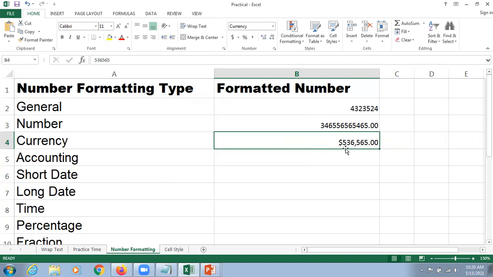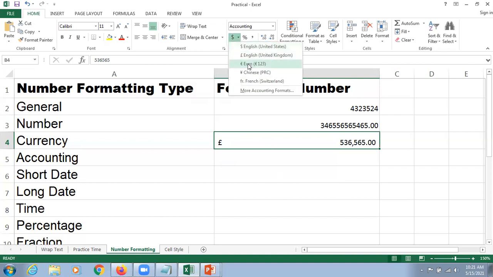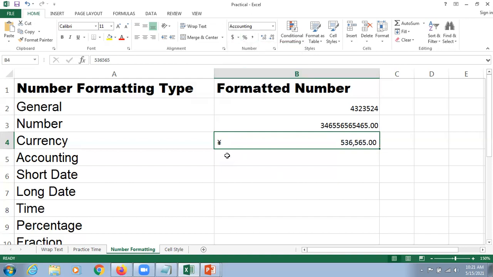I think this is a dollar symbol. So instead of using it from here, you can also use it from here as well. We can select it like this. This is for the United Kingdom, this is a pound symbol. Again, we can click on euro here. It says euro. And again, we can click on a Chinese currency symbol. It says okay. And now we can talk about French.